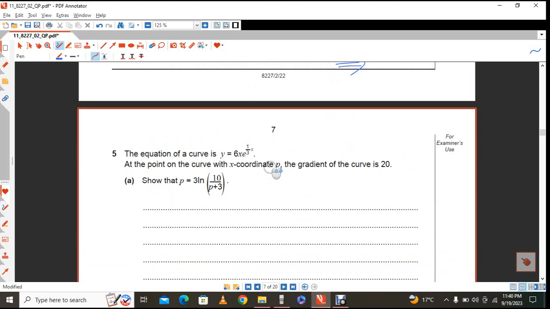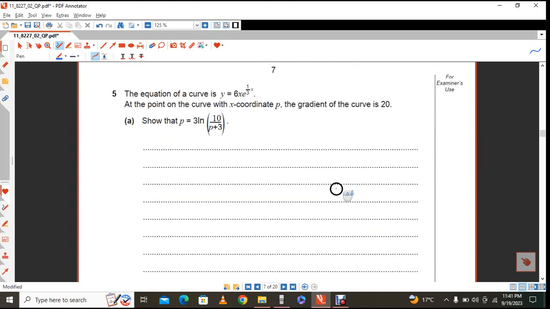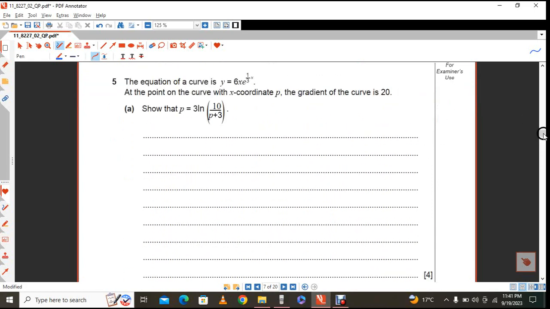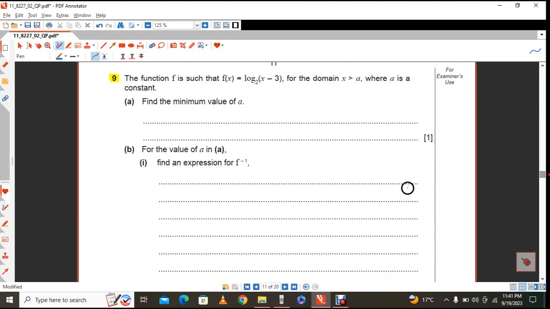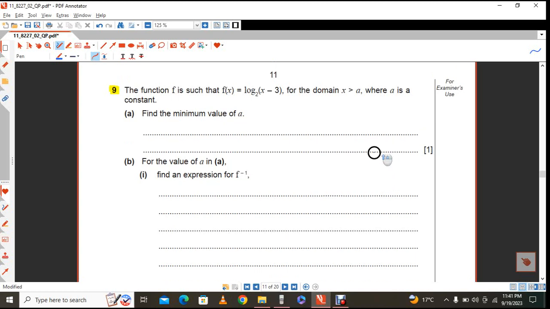All right, that takes me then to our last question for this part, which is question 9. So let's go all the way to question 9 in the question paper. Question 9 I've highlighted here as well. All right, so another question on logs, you have the function f is such that f of x is equal to 2 log base 2 of the quantity x minus 3 for the domain x must be greater than a